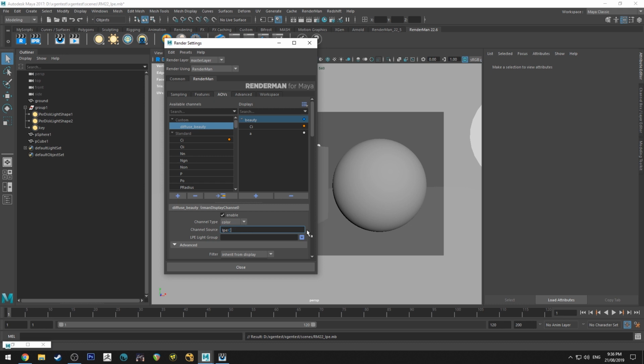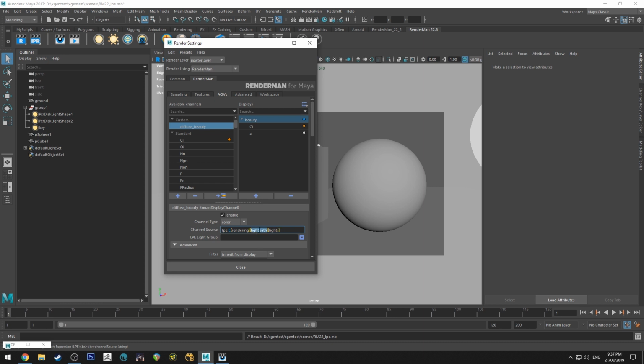C means camera. Now, when you do an LPE, it's made up of 3 parts essentially, and I'll just bracket them in here for the moment. What you're rendering, which is going to be your diffuse or your specular channels. If you're using subsurface scattering, you'll be using transmissive diffuse, and so on and so forth. And then it is the light path, and after that it is the lights that you're using.